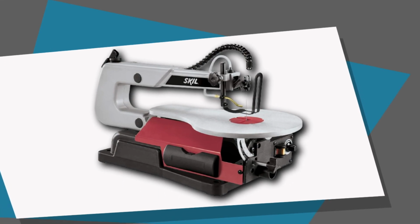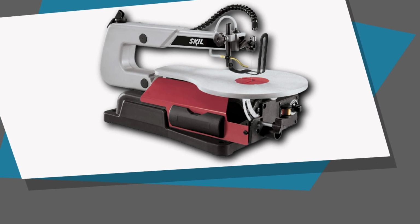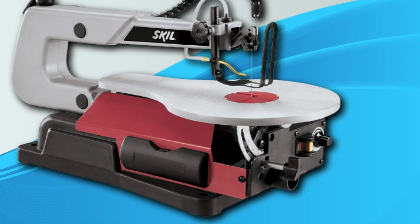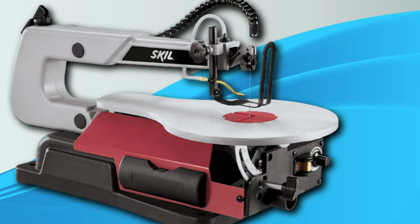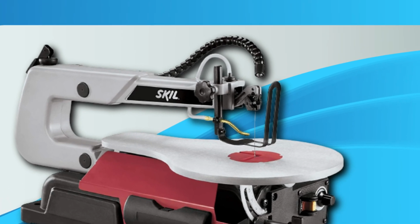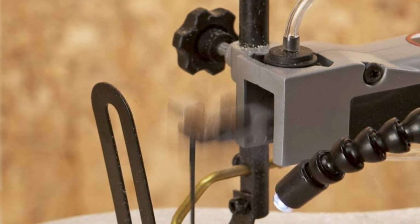Extreme vibration is the biggest drawback of this saw. It's bad enough to break the upper blade holder, which is regrettably unavailable as a repair part. Naturally, the vibration also creates sound, making this a rather noisy choice for a scroll saw. Despite the clean, accurate cuts it makes,